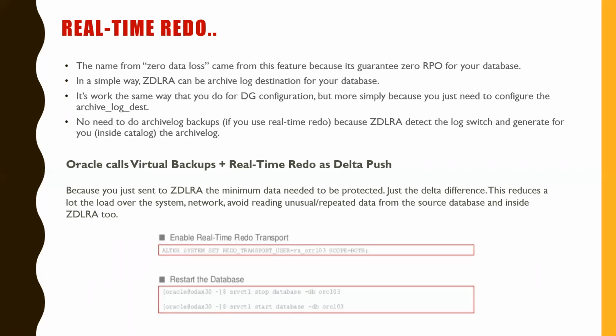For example, just a minute back, if the database crashed and you want to recover it, when real-time redo is enabled, it can ensure there is no data loss. And the other configuration apart from that is we need to create a redo transport user. Here the redo transport user is nothing but a virtual private catalog (VPC) user, which I mentioned in the previous slide. The VPC user resides on the ZDLR, and the same user allows it to capture the real-time redo from the protected database.